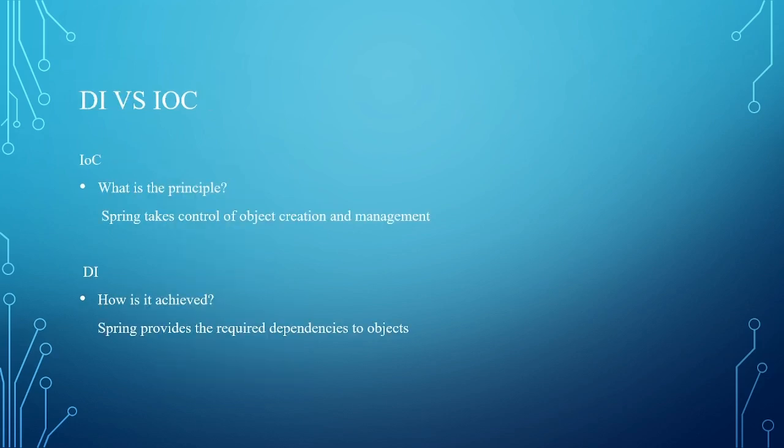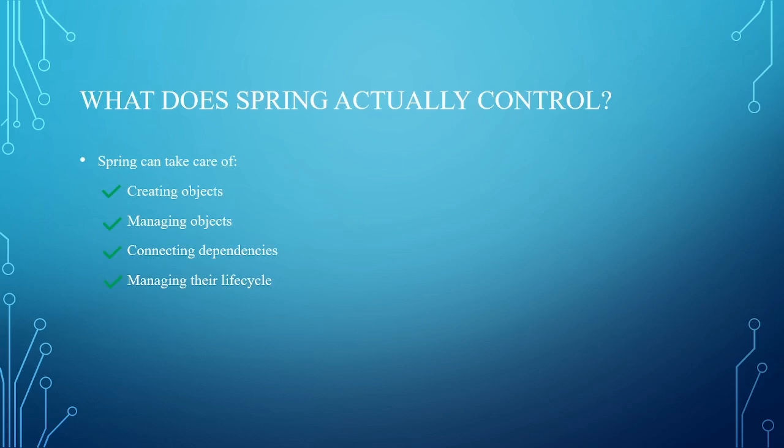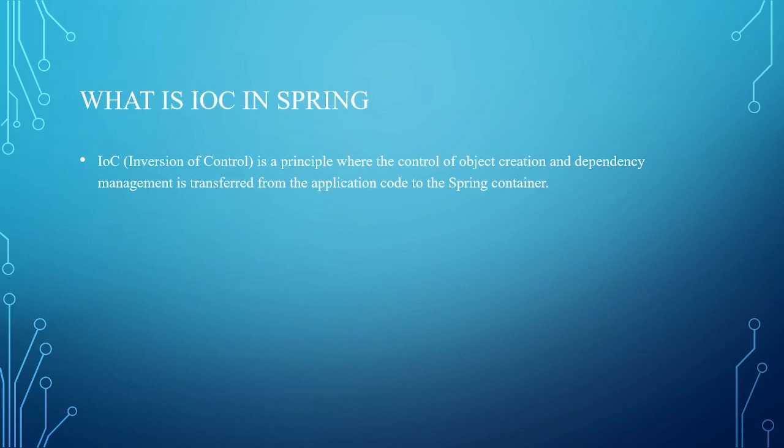IoC and the DI are related, but they are not exactly the same. IoC is the overall principle of transferring the control to the Spring. Dependency injection is the mechanism Spring uses to provide the required dependency. So you can remember like this, IoC is what we want to achieve. DI is how the Spring achieves it. Spring can take care of creating objects, managing, connecting the dependencies, and managing their life cycles. IoC is the principle where the control of the object creation and the dependency management is transferred from application code